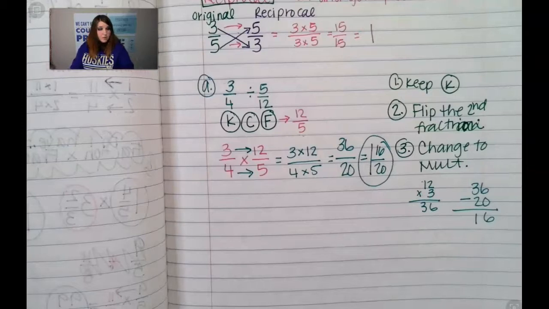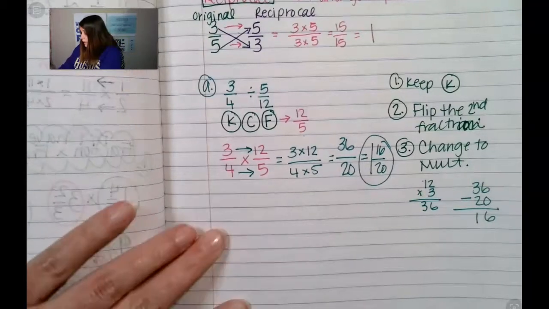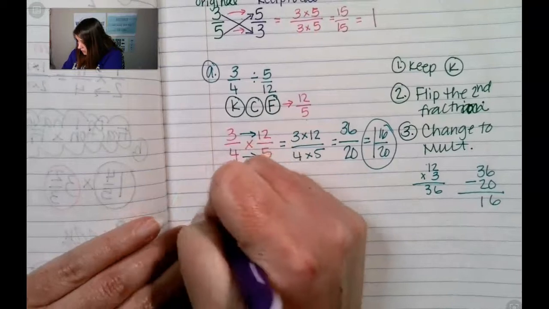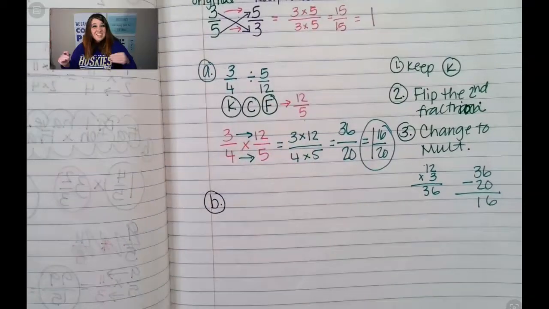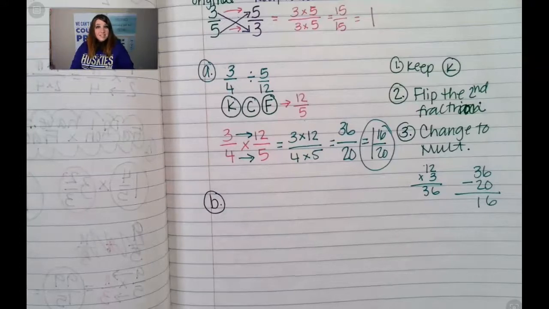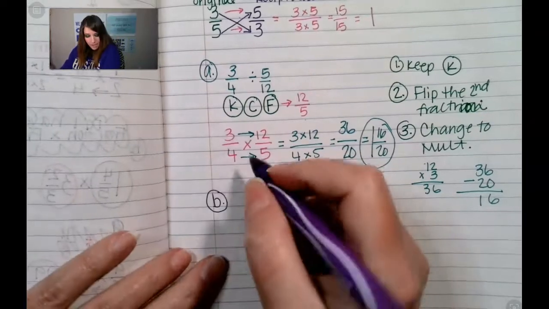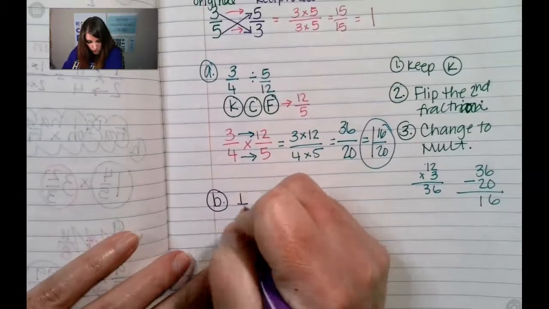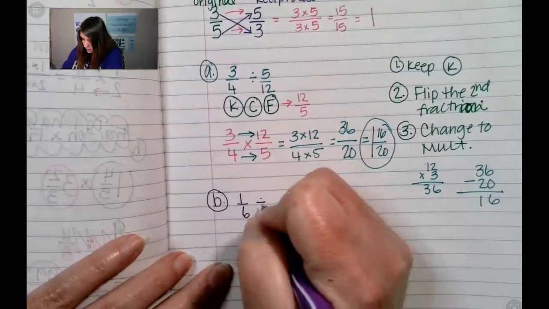Okay, let's do another example. I'm going to change my color here so you can see it. Again, division is just flipping and multiplying. You flip that second number. Flip number 2. We want to flip the 2. Okay, so we're going to have 1/6 divided by